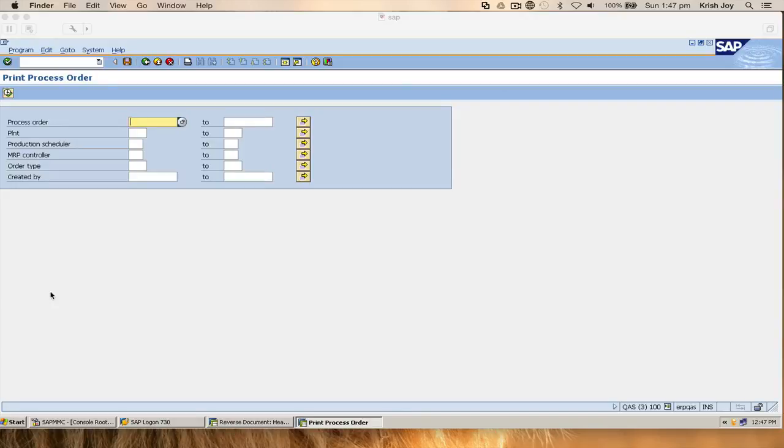See, this is cleared, right? KR 1500 and KZ, right? Now we want to